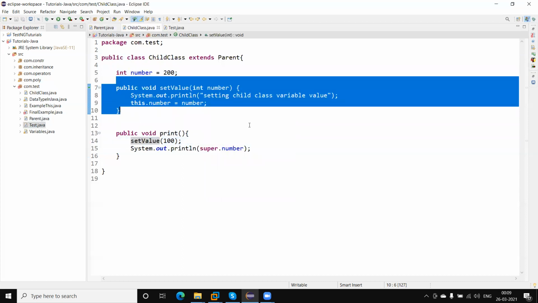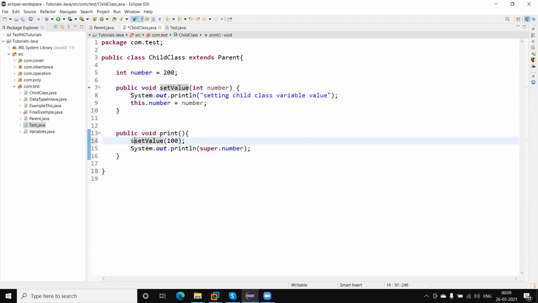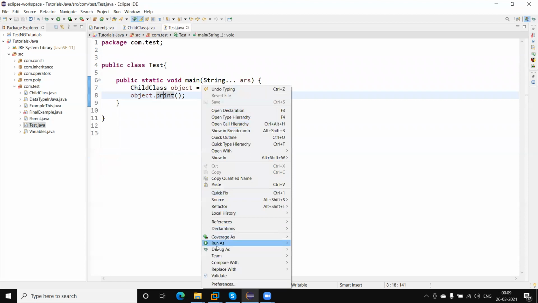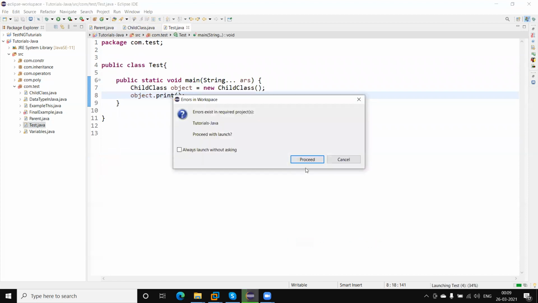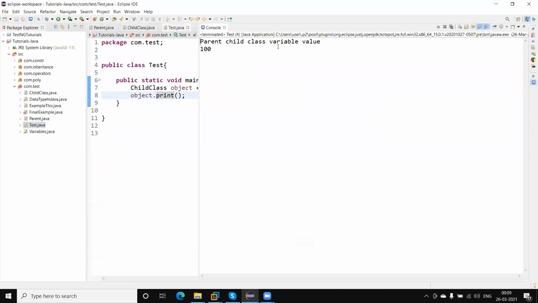Now I don't want to call the child class method here, I want to call the parent class method. How will I do that? In that case we can again use the super keyword to call the parent class method.